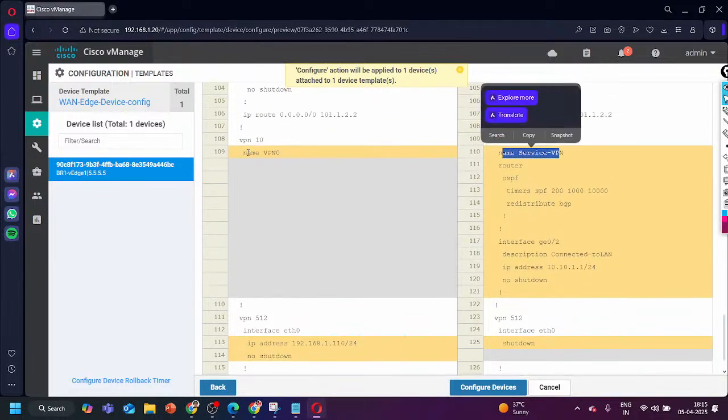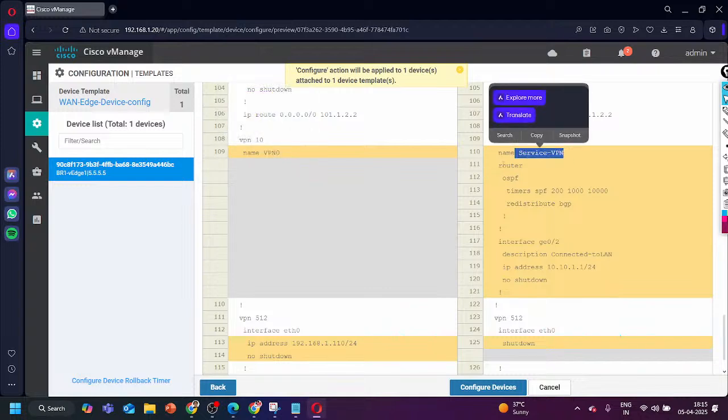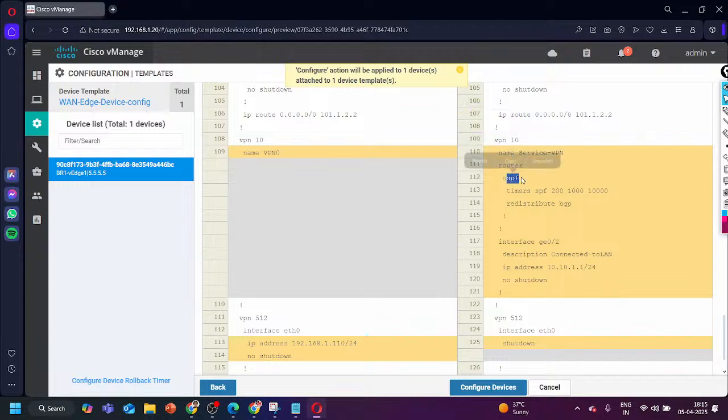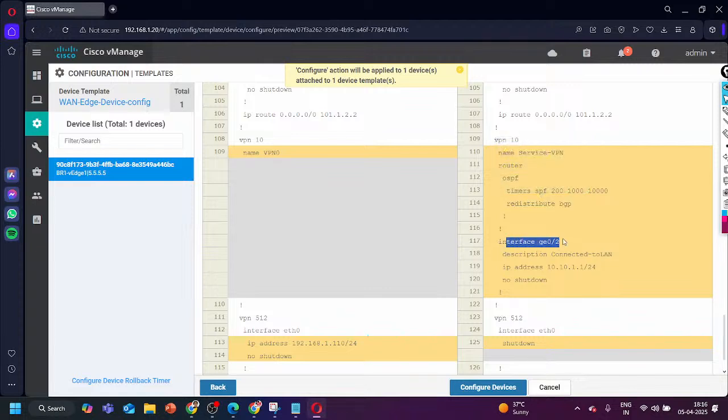Earlier the service VPN configuration was not there, but this time we have a service VPN, and in the service VPN we are running the OSPF protocol as well. We are redistributing BGP as well, and on the interface G0/2 is already added in the service VPN. The description is "connected to LAN," and the IP address is